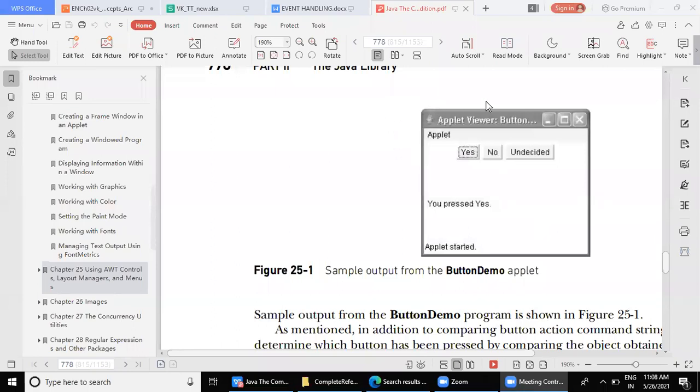So students, I have displayed one applet in front of you. I mean the screen, the output screen of the applet program. Looking at the screen, I mean this interface, can you tell me what must be the working of it and which are these controls? Which controls are used in this applet program?